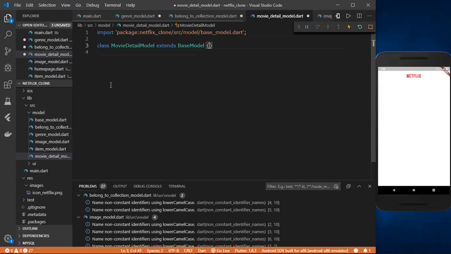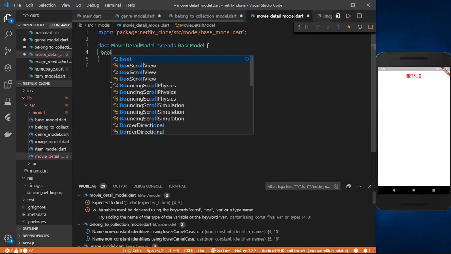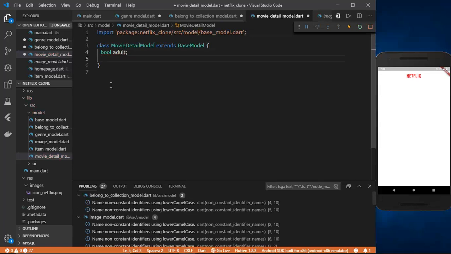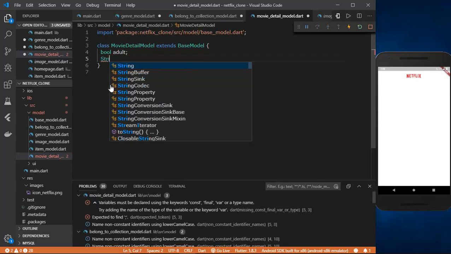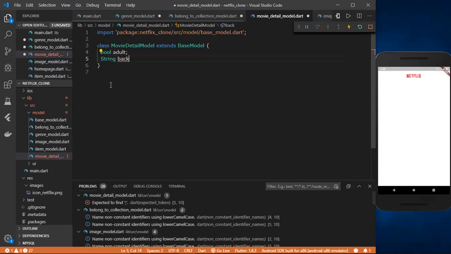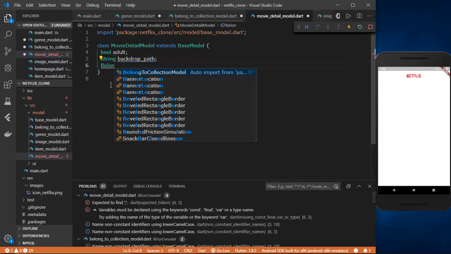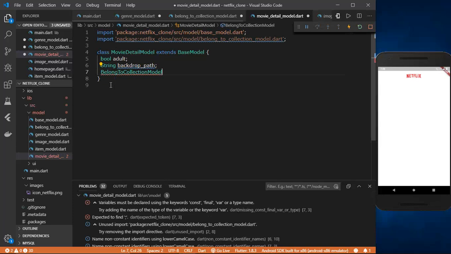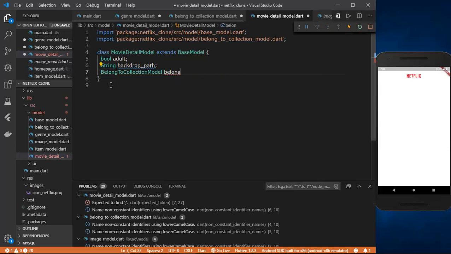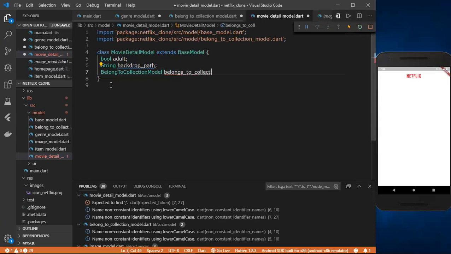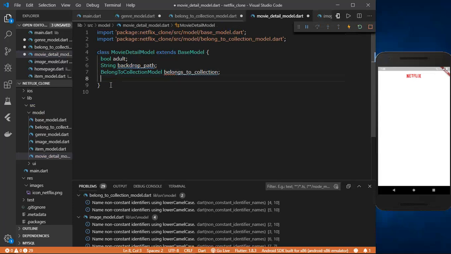we'll need some parameters. So bool, then string backdrop path and belong. So we'll need to import the belong to collection model, which is automatically being imported as I type it. So belongs to collection, and after that,